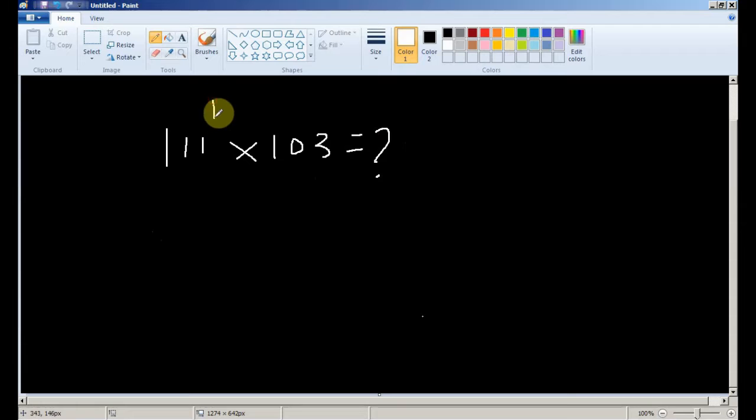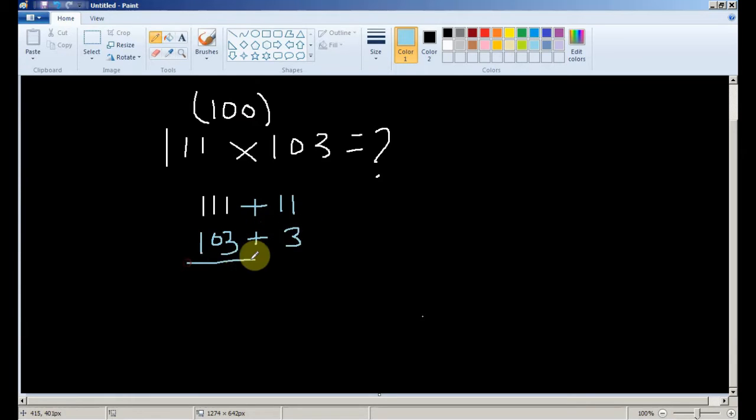Once again, the base is going to be 100, but this time I got numbers that are more than my base, so I am going to write the difference. First write the number, and then you write plus and the difference, which is 11. Similarly, I am going to write the number 103, write plus and the difference. This plus is because we are getting a difference that is greater than the base number.